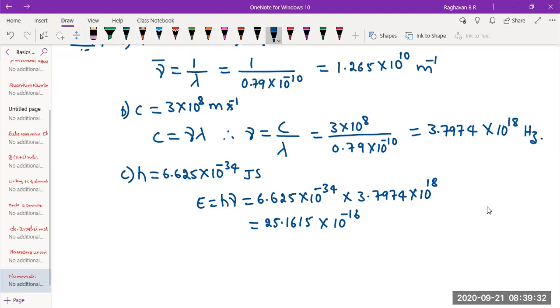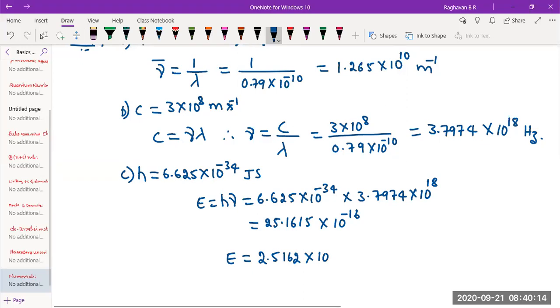You can shift one decimal and express it in power. Generally, we keep 2 decimal places, after the first non-zero digit we shift it. So when I shift the decimal to the left hand side, 2.5. Let's not go up to 5 decimal places, we'll approximate and round it off: 2.5162 into 10 raised to what? Minus 17, sure? Minus 17 or minus 15? 15.